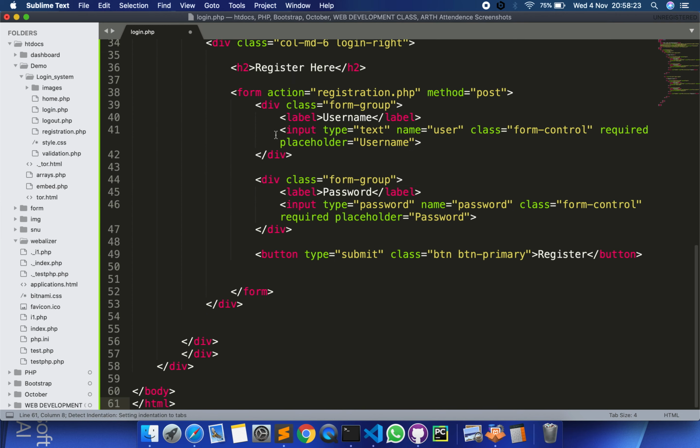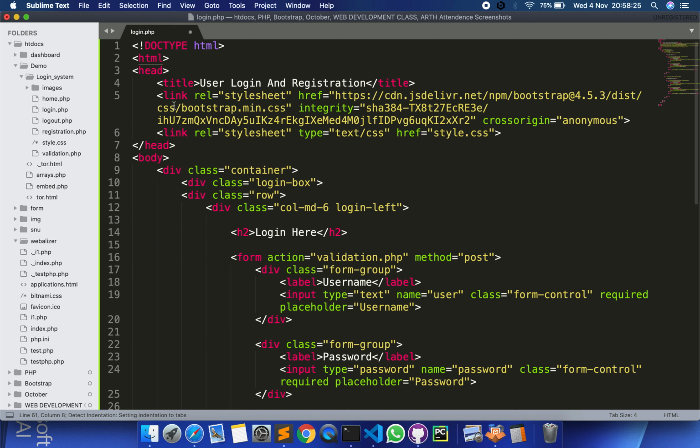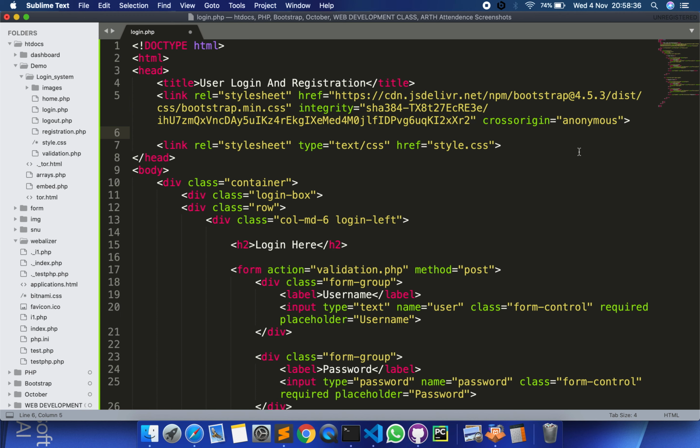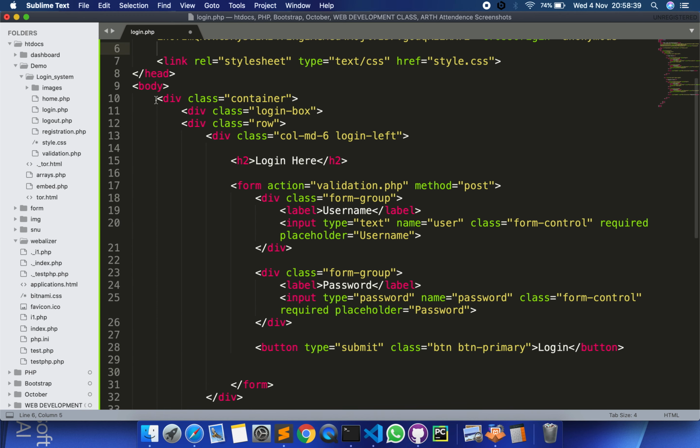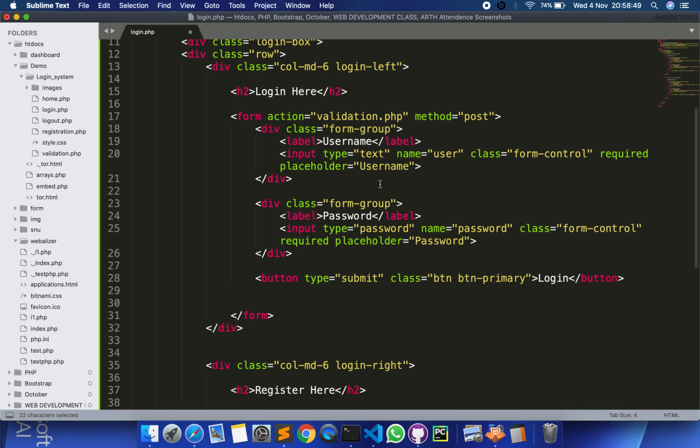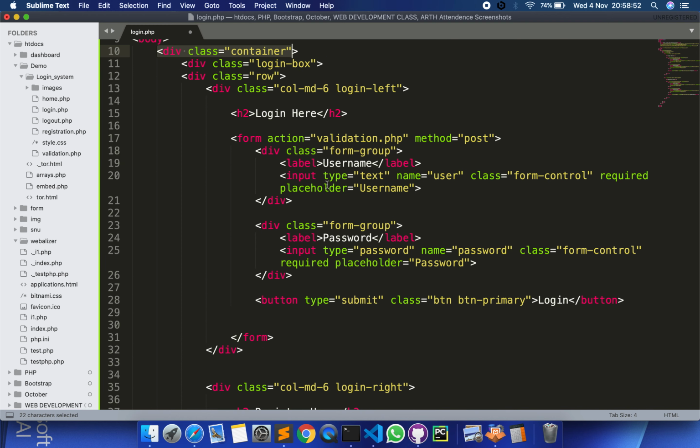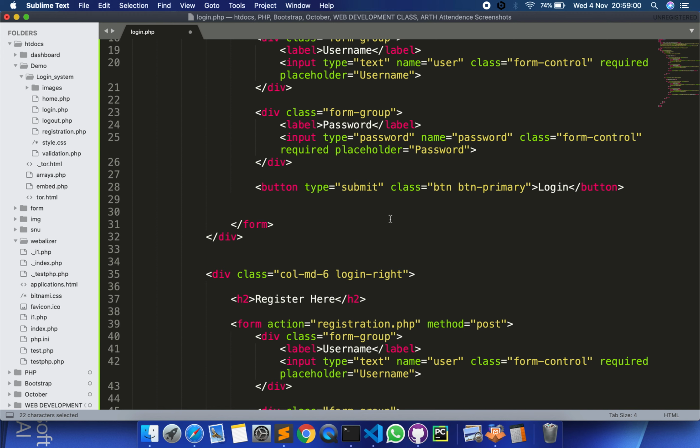I'll be explaining this code; there is nothing much complex. This is the Bootstrap CDN link, which I have taken from getbootstrap.com, and this is an external link to my CSS file. Next, I have created a div, and container is already a Bootstrap class. Inside that I have created two forms, one for the login and another for the registration. Let's have a view of how it looks.